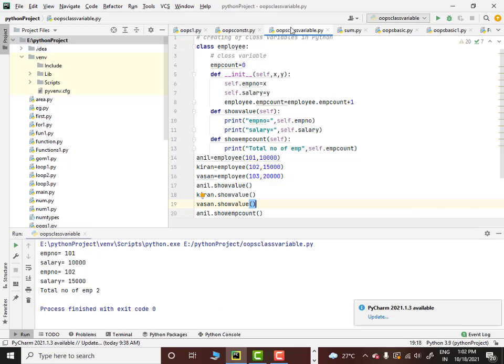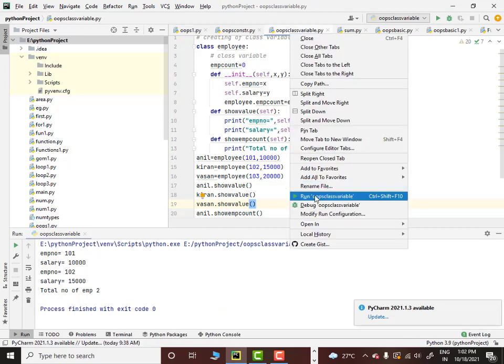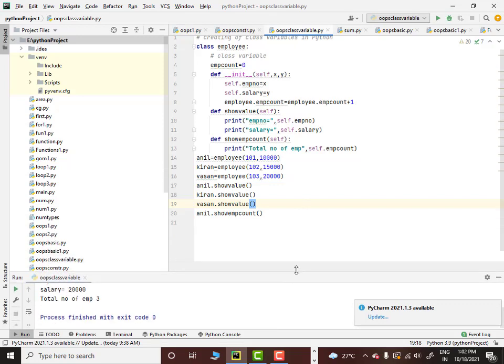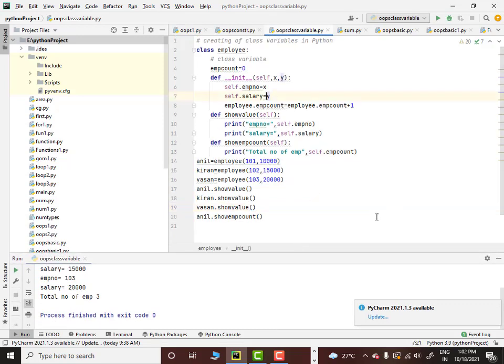Now if I run this, you can see that total number of employees is 3. So it's actually counting the number of objects. So how is this program working? This is what you have to understand now. This is the concept of a class variable.